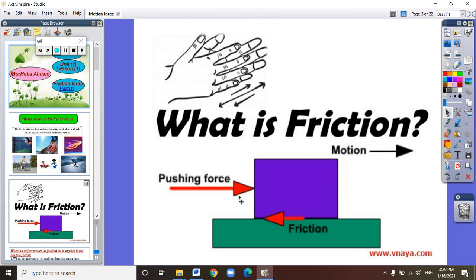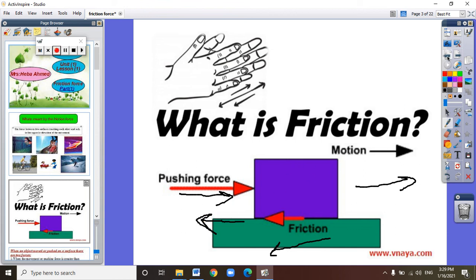If the friction force was in the same direction of the movement, it would not be able to stop the movement. But if the object is moving in this direction, the friction force must be in the opposite direction